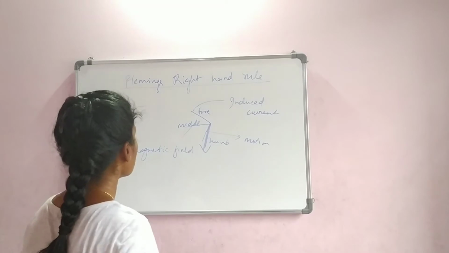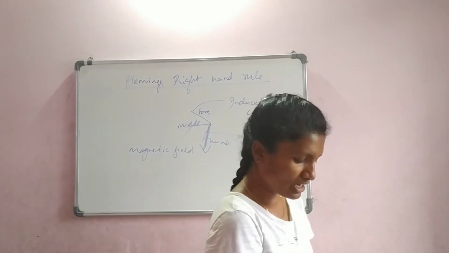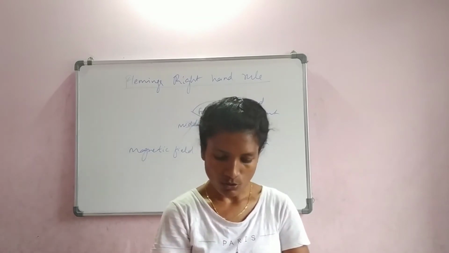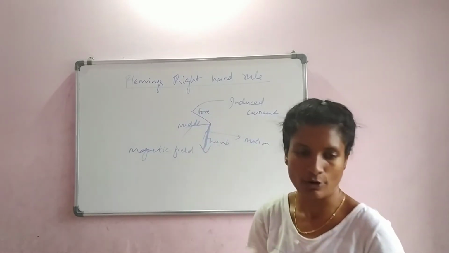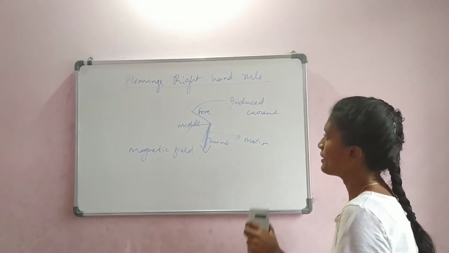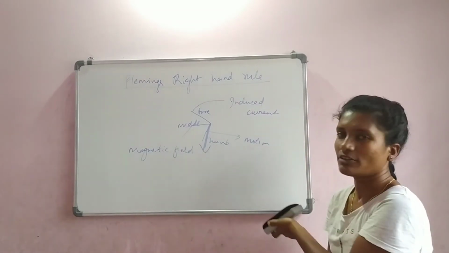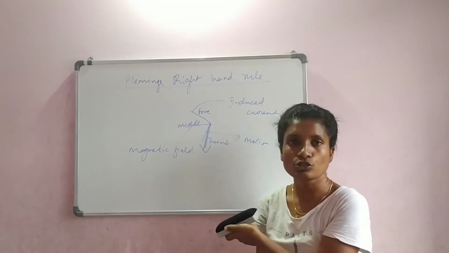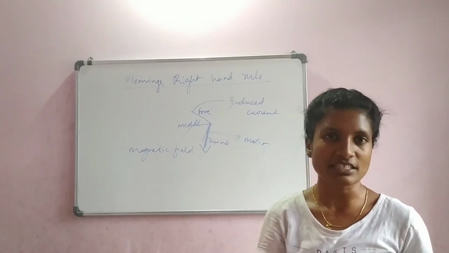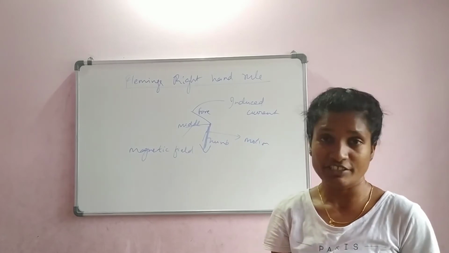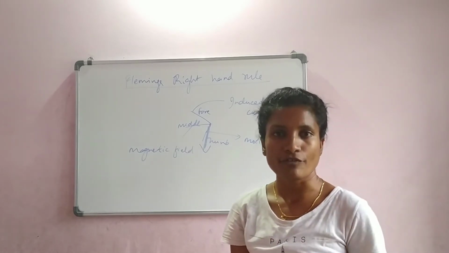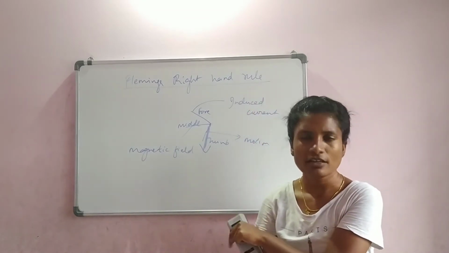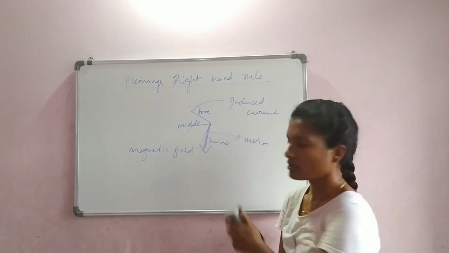Okay, so this is Fleming's right hand rule, which will be used in further concepts like the AC generator and DC generator. Let's go on to the next topic. The question you can expect here is to state Fleming's right hand rule and also draw a diagram. So define it, open your forefinger, thumb and middle finger, explain what each finger denotes, and put in a diagram. That's all.